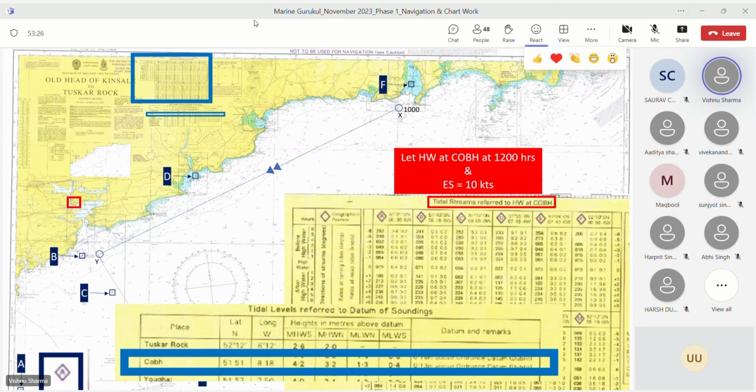What time are we assuming high water at Cove? सर 1200। Okay. So the departure time at X, is it same as high water, before high water, or after high water? सर बिफोर हाई वाटर। कितने घंटे? सर 2 घंटा।